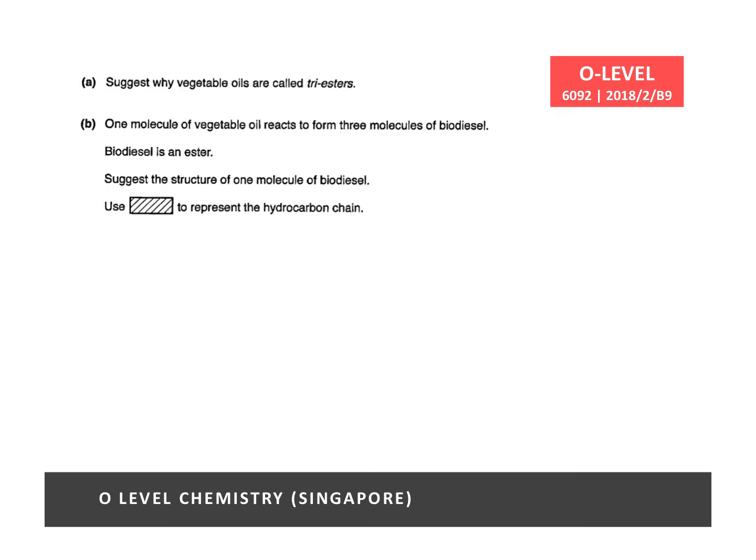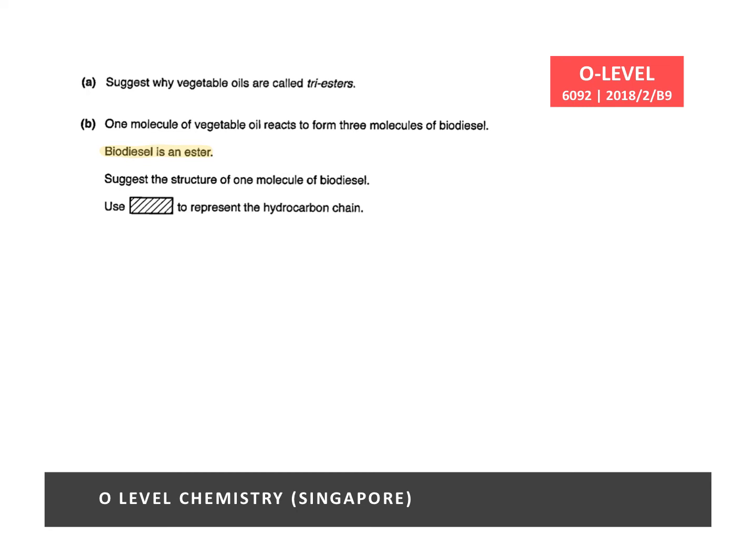So earlier I mentioned that the question stated that biodiesel is an ester. Where do you find it? You find it over here. Biodiesel is an ester. So when reading questions like this, you need to be very, very careful. Otherwise, you may think that biodiesel is the carboxylic acid fragment that is obtained from the hydrolysis of your vegetable